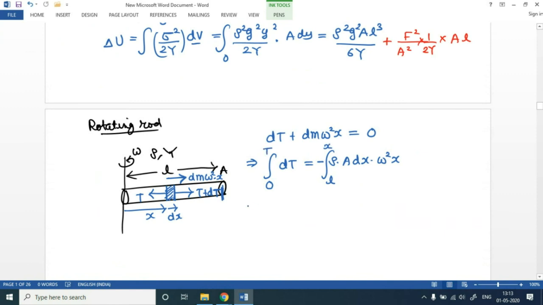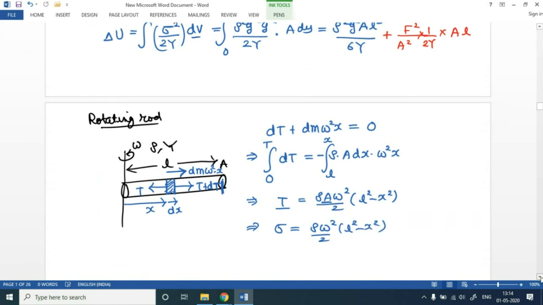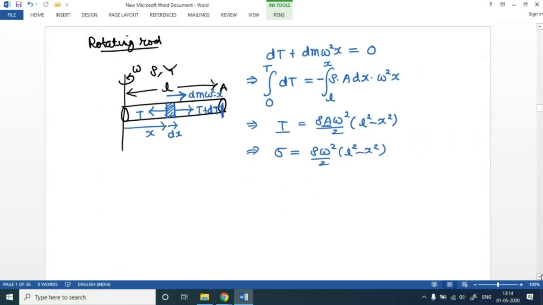So T will be simply equal to, by solving this, you will get rho A omega square by 2 into L square minus x square over here, and that is a simple integration. And T by A will basically give sigma, so that is rho omega square by 2 into L square minus x square. Once sigma is known to us, it is very easy to find out either elongation or strain energy. So in that case, elongation delta L will be simply equal to